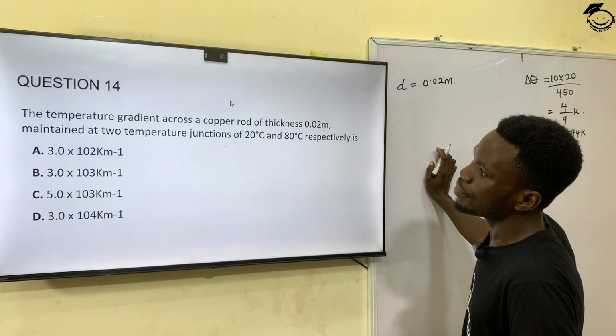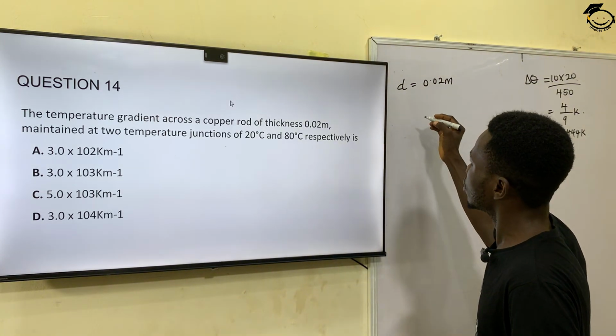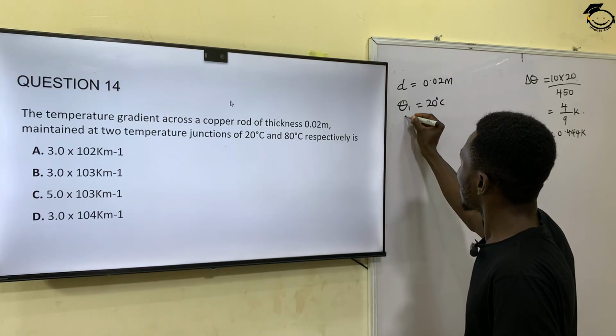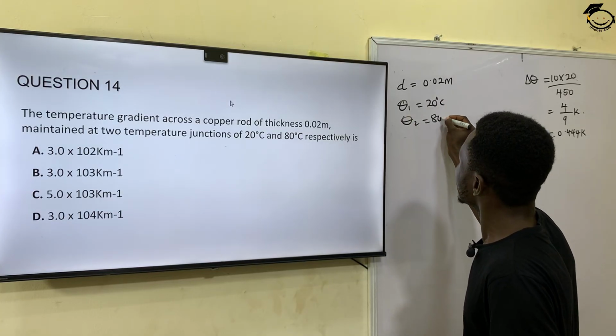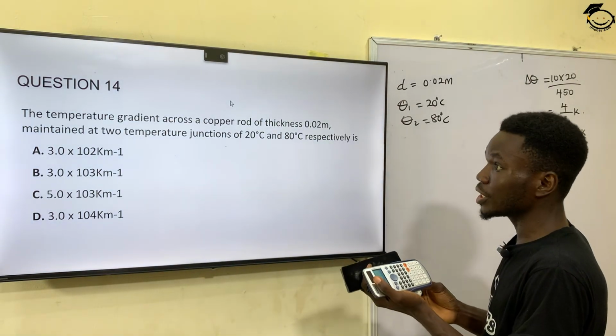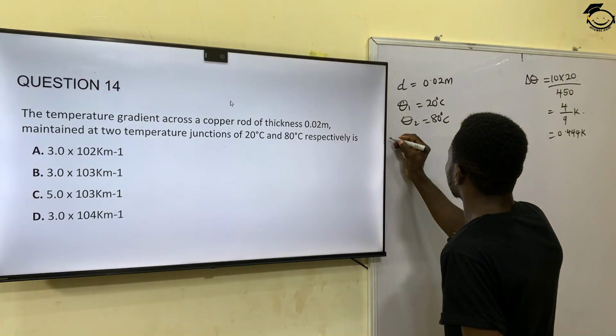So they said maintained at 2 temperature junctions. So we have 2 temperature junctions of theta 1 as 20 degrees Celsius and theta 2 as 80 degrees Celsius, respectively, is dash. So we are looking for the temperature gradient, and your temperature gradient